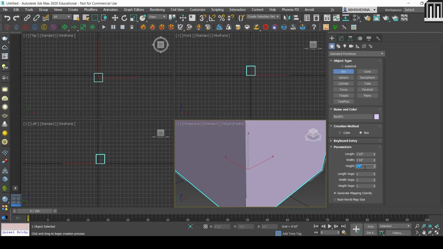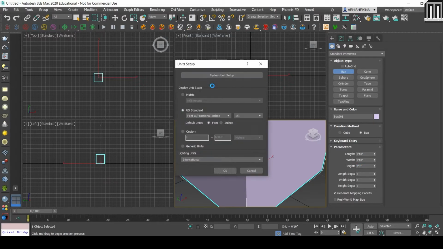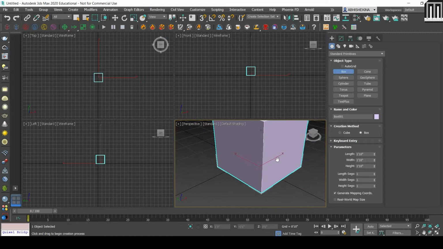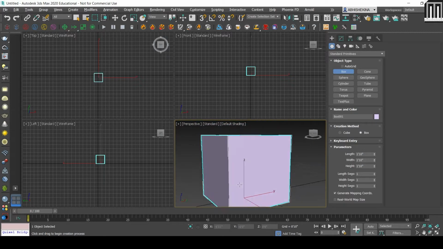If you want to work in inches, you can keep it as default. If the default unit is feet, whenever I type 1 it will be 1 feet. If you keep inches as default, it will be 1 inch. This is the difference, nothing else. Now when I put a height of 1 feet and 10 inches and press enter, this is what we get.